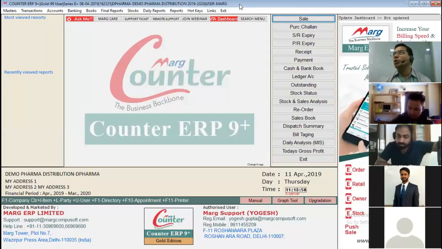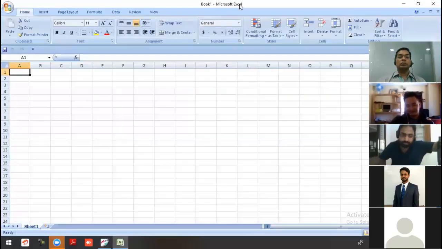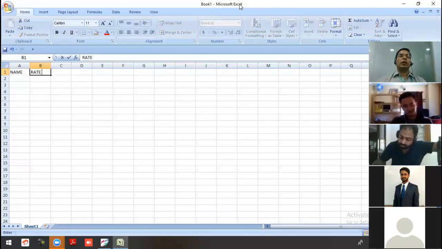So I'll show only 2 things to import, maybe item name and rate, then you can add whatever you want. Importing, we have various things, but I'll tell you my favorite thing, how to import. So what I'll do, I'll open the Excel. I'll put name. I put rate A. Okay.